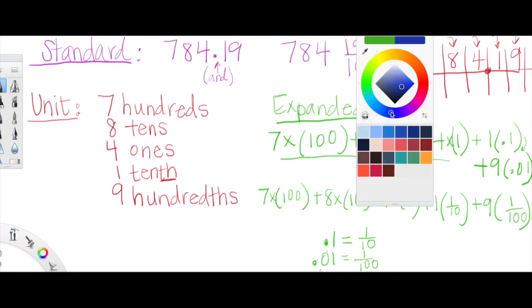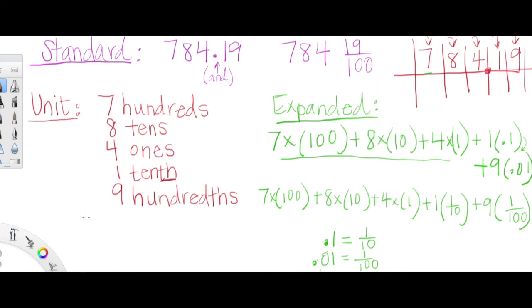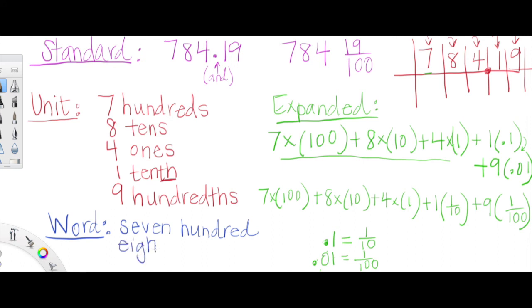Let's do word form, and then we're going to say goodbye. Word form here looks like words. No digits in word form. Word form is going to look like this. We have 700, and this can be on multiple lines or one long line depending on how much space you're working with. We have 784 and